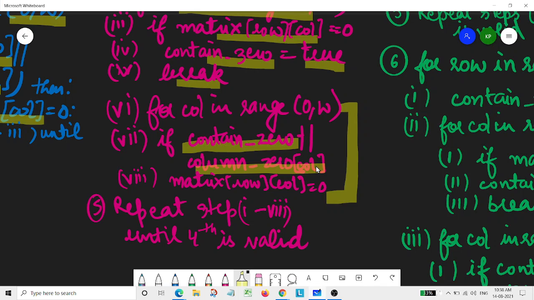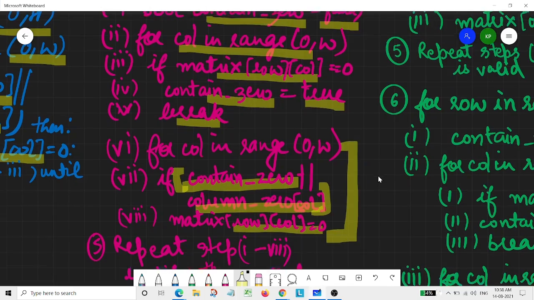Basically we'll again start from the 0th column, and as we encounter contains 0 equals to true, we will make that particular row corresponding to that variable, that row number, as 0. So that's why we have written these two conditions. These two conditions are mentioned so that we could easily make that particular cell as 0. So this is how we are making it 0.